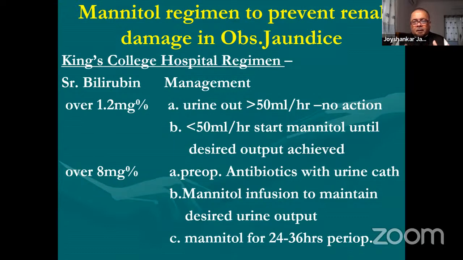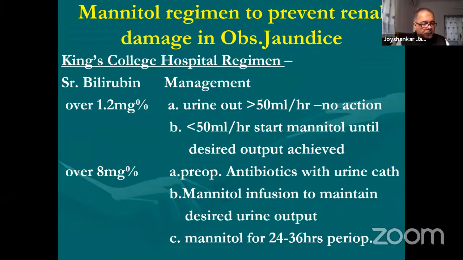Why I'm saying 50 ml per hour? Usually adults produce about 1 ml per kg body weight per hour of urine. So if a patient is weighing 50 kilos, around 50 ml per hour. You can go down to 0.5 ml per kg per hour, but around 50 ml per hour, the patient's urine should be produced. So along with this, you must always also add hydration. So why is mannitol used? Mannitol is used to keep the renal tubules flushed out and prevent accumulation of bilirubin during the